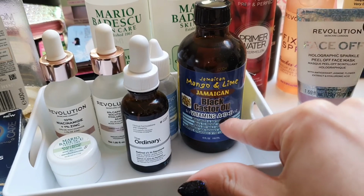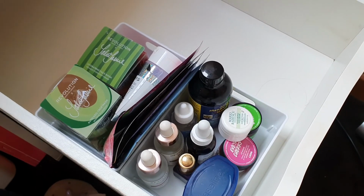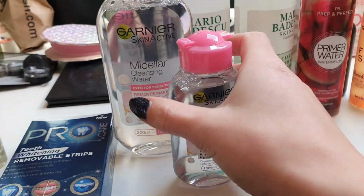This next drawer is where we're going to have problems. Castor oil, the reason I got this is apparently it's pretty good for eyebrow growth. It's overflowing. Looking much better. The little mini is so cute. Let's have a little